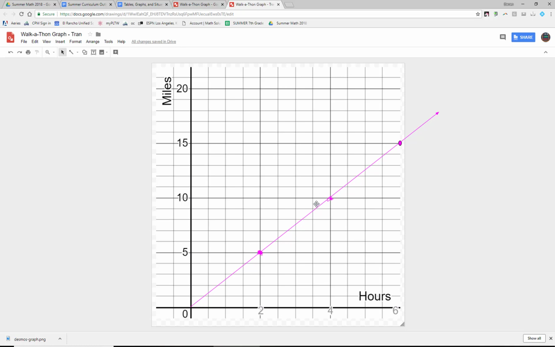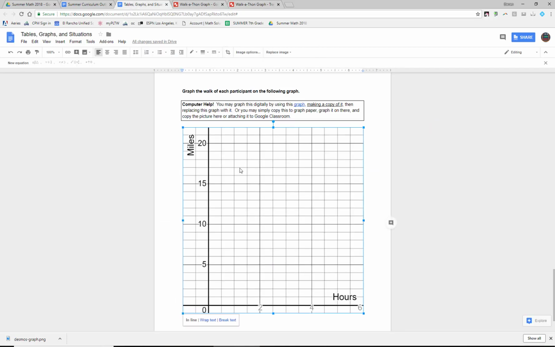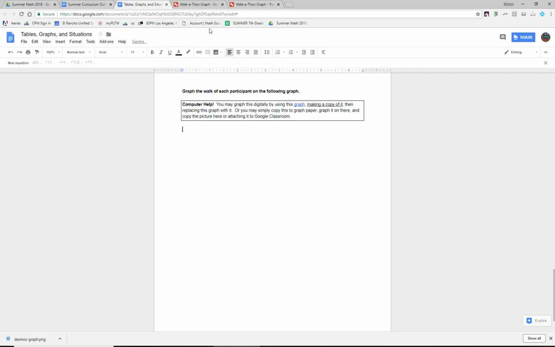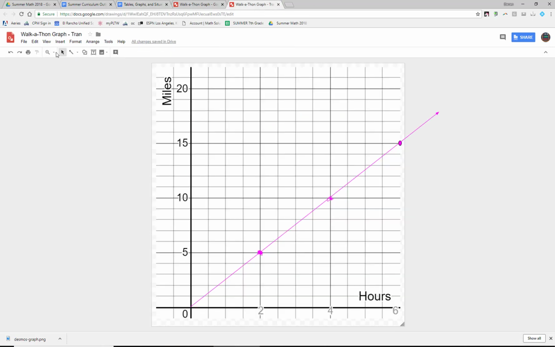Now the second part, and this is probably the more difficult, I was trying to find an easier way, but I couldn't figure out an easier way. What you're going to need to do is go to, so let's say I wanted to include it here. I'm going to delete this old graph by just clicking on it, hitting delete. Okay, I want this whole image, so what I'm going to do is go ahead and go to